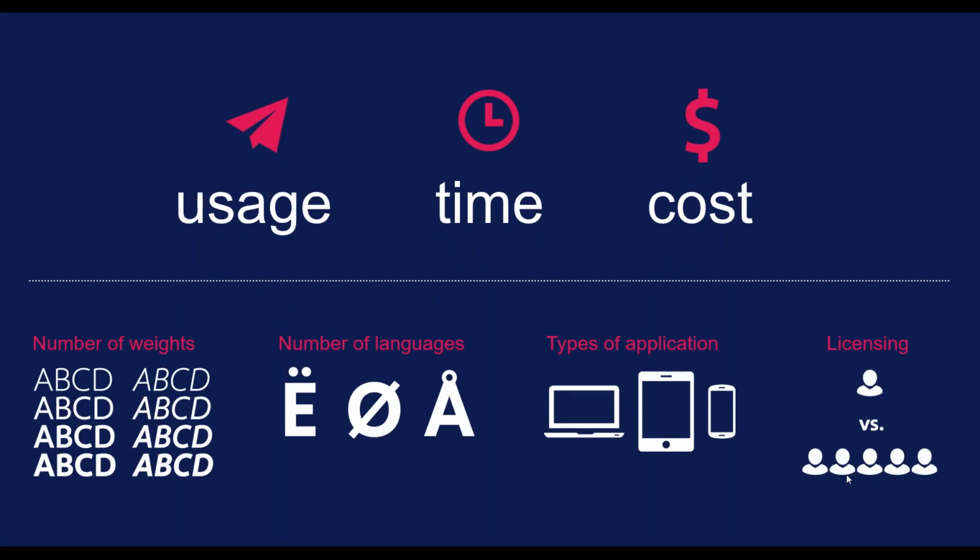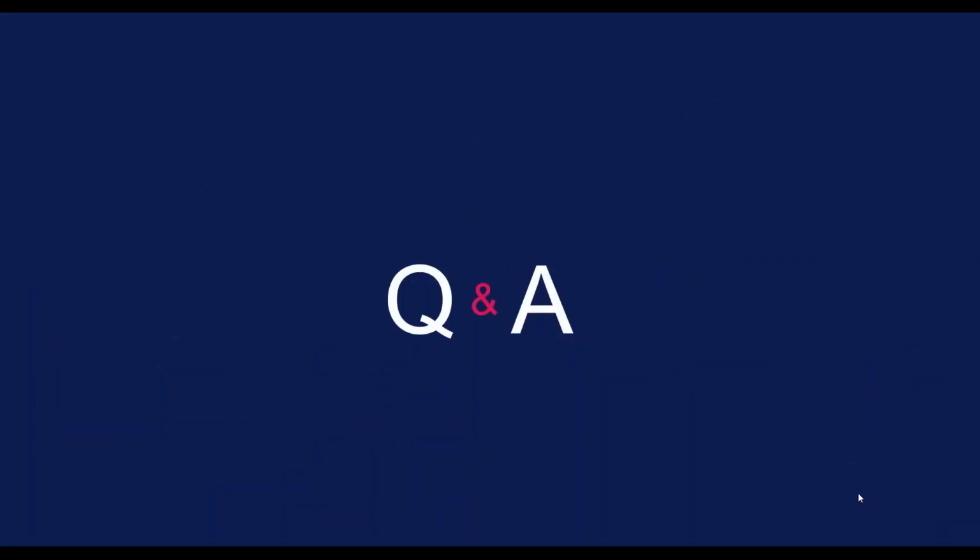We go into a type development project wanting to collect information about the scope of the project, the number of weights, number of styles, is italic included, what's the language support required, what are the intended native media or technical applications, uses, distribution range, how exclusive is the design intended to be,